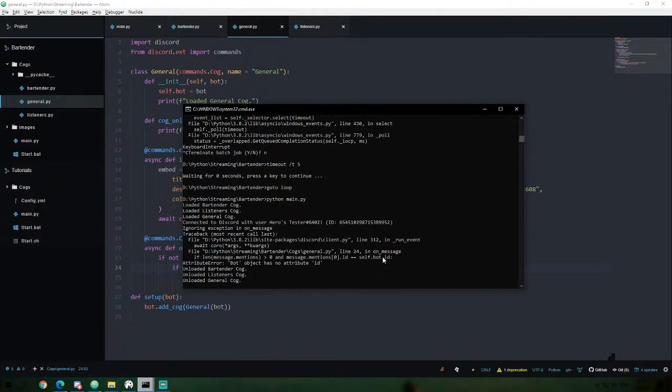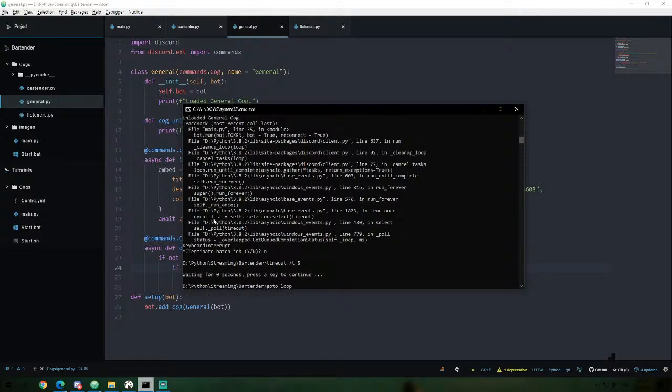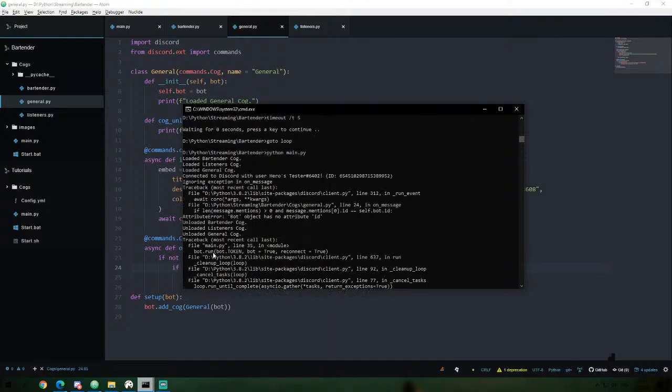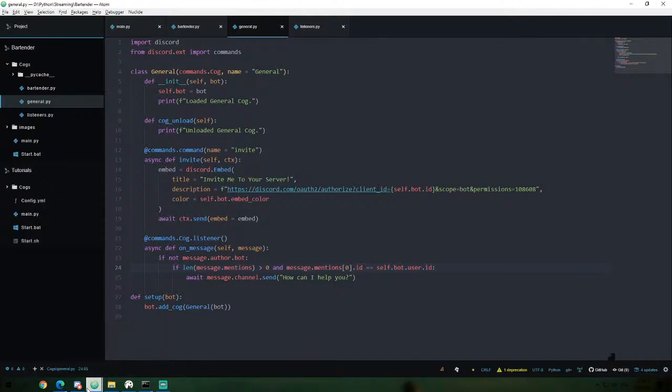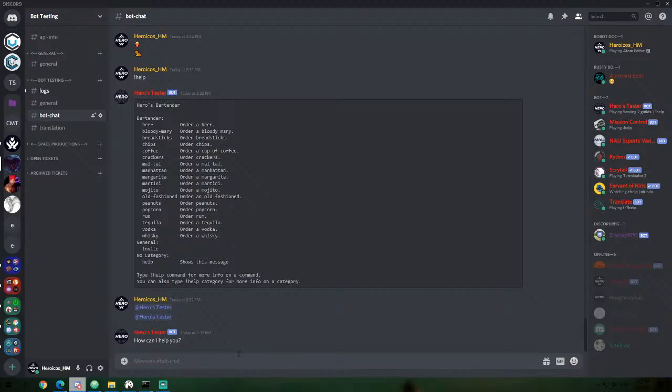All right, do another restart. You'll see there it printed that it unloaded everything. So yeah, when we turned it off, it said it's unloaded everything, which means it's working properly. Hey, there you go. If you ping it, and then if I do invite,